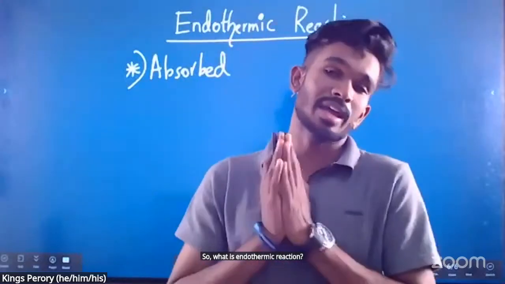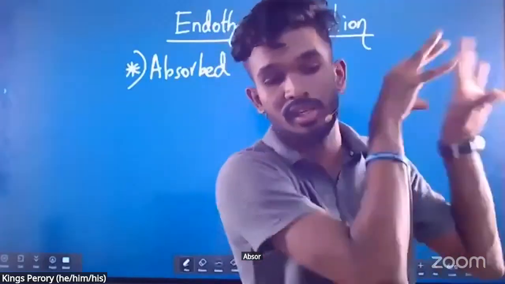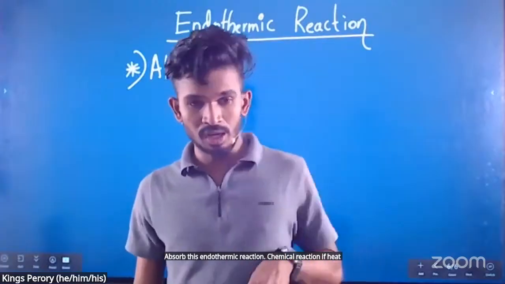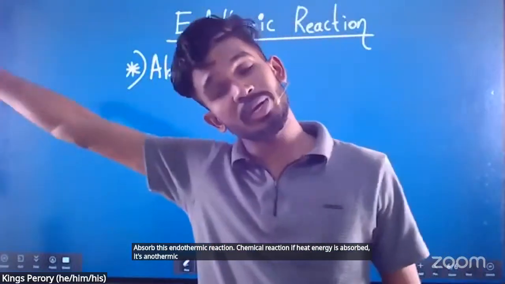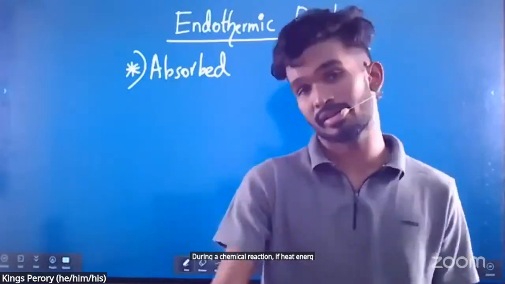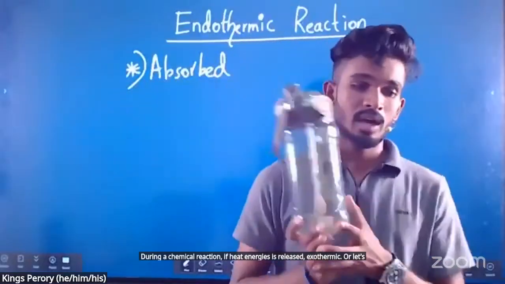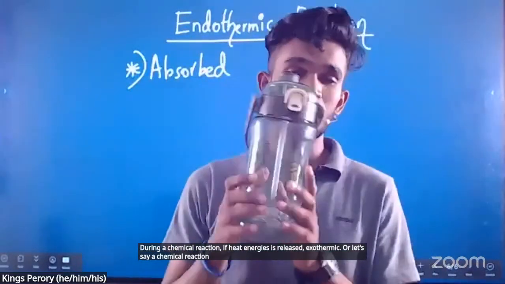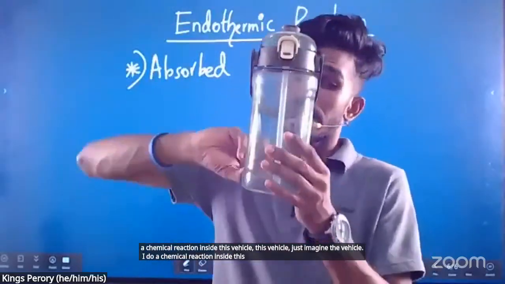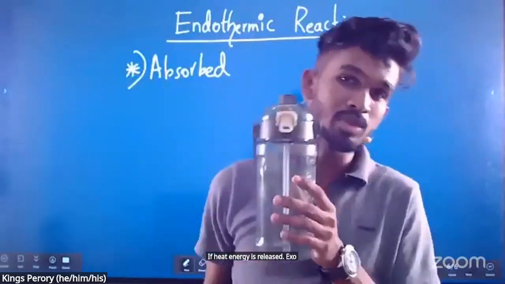During a chemical reaction, if heat energy is absorbed, it is an endothermic reaction. What is exothermic reaction? During a chemical reaction, if heat energy is released, exothermic. Now let's take a chemical reaction inside this beaker. Just imagine the beaker. If heat energy is released, exo. If heat energy is absorbed,